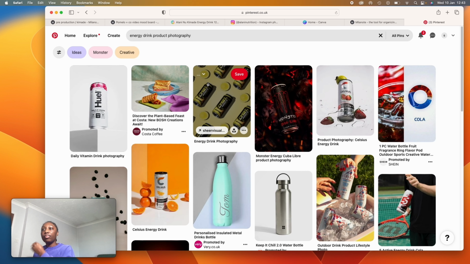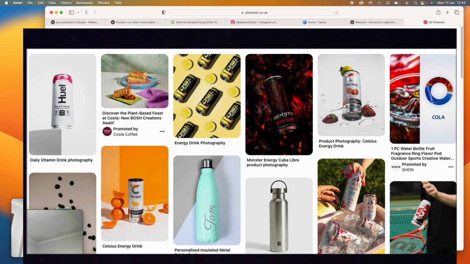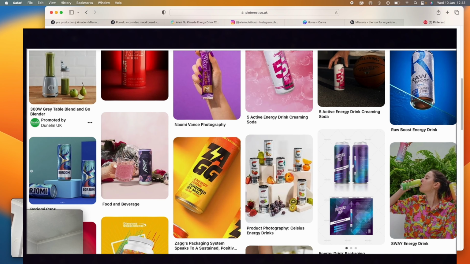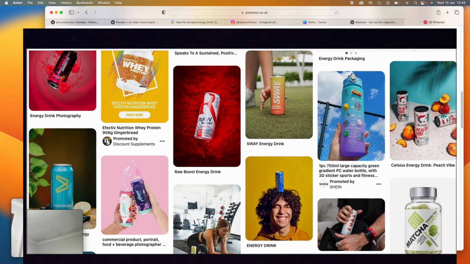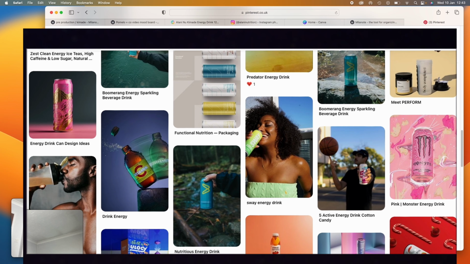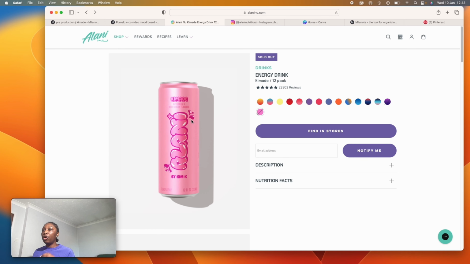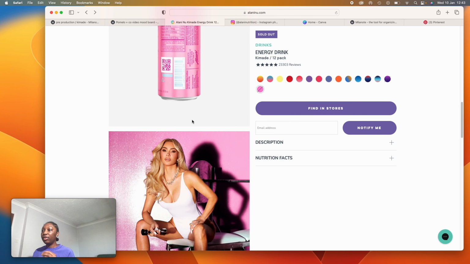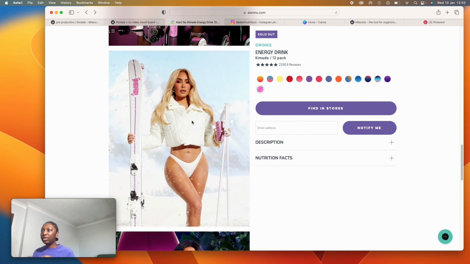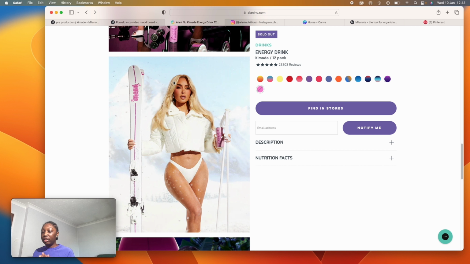Perfect. And you have all of these examples of energy drink product photography which you can use as inspiration when it comes to taking your own images. I would also encourage you to go to the company itself and look at their style and their branding. So I really do like this ice look. So I'm actually going to screenshot this,